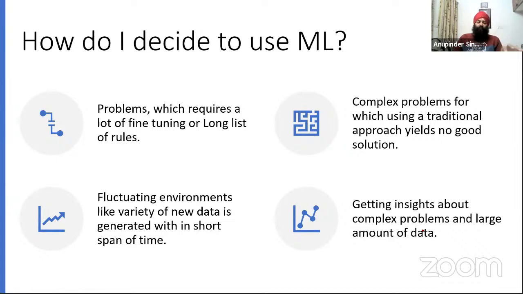So this is the very first indication about a particular problem. If there is a requirement for fine tuning for a longer period of time, for writing the rules, that means you should be looking into the ML approach. Next is complex problems for which using a traditional approach yields no good results. So one of the ways for this is the